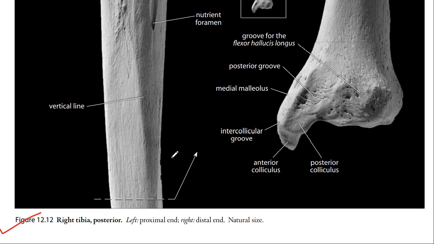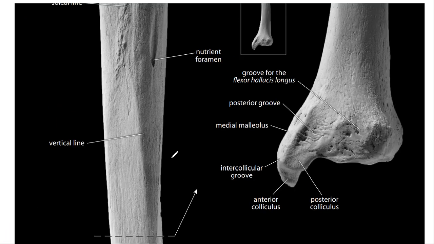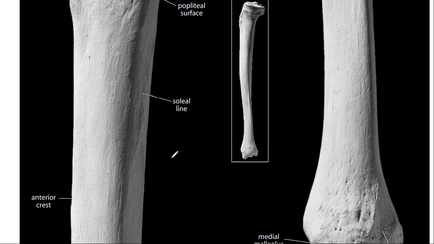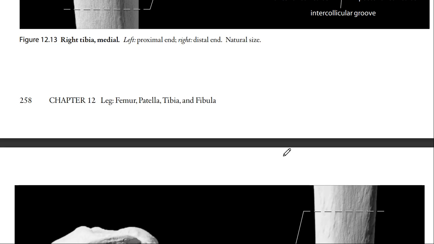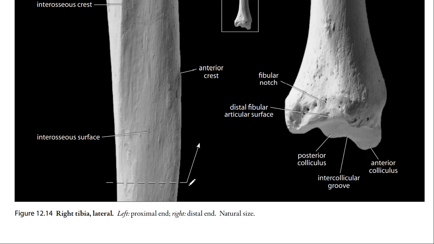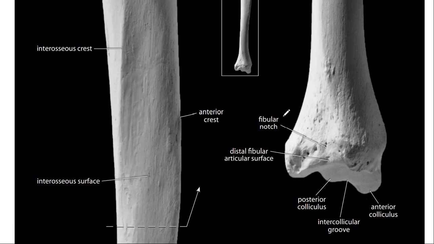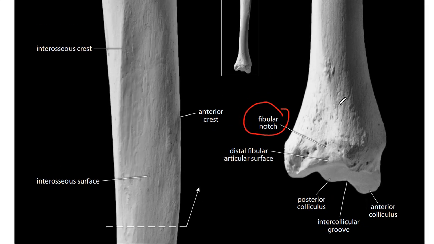Not observable in the posterior or the anterior view, but in the lateral view it has the fibular notch. This is the medial view, this is the lateral view here. So we have a fibular notch. Now you can see again not a notch or some projection, but a slight depression-like structure. A slight depression, not a notch like we have seen in the other bones.